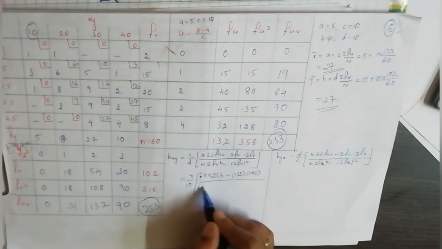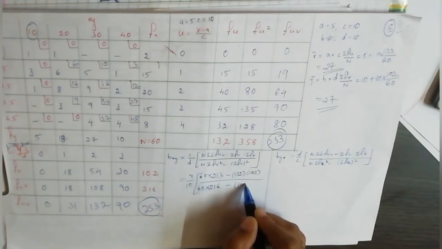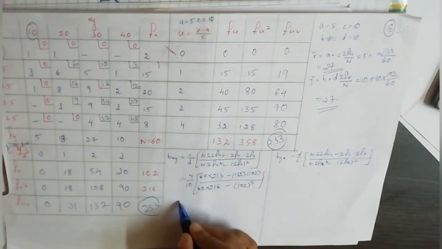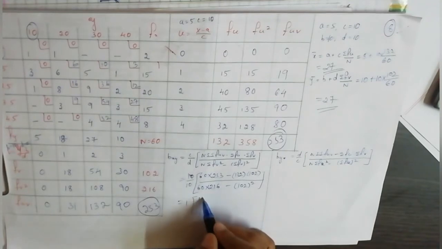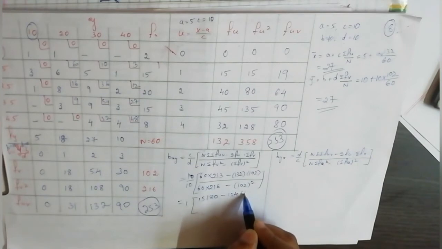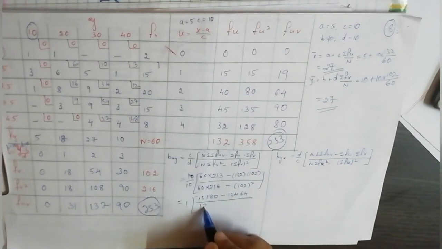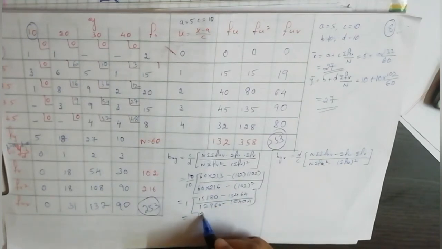And now here 60, sum of fv square is 216, minus sum of fv the whole square is 102 whole square. So 10 by 10 is 1. Here we get numerator 15180 minus 13464 divided by 12960 minus 10404, that is 1716 by 2556, equal to